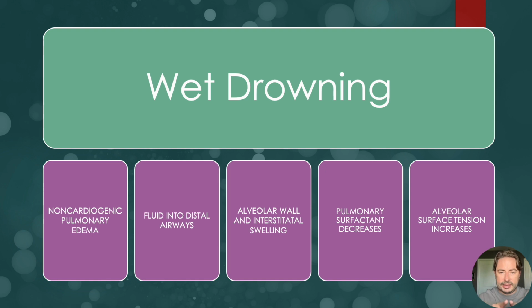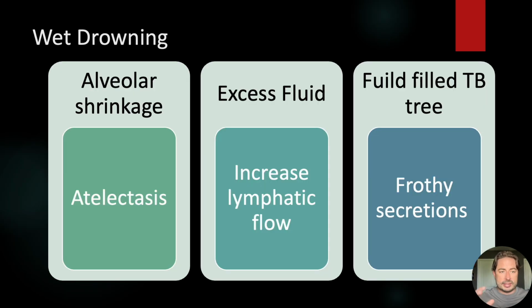The pulmonary surfactant gets washed out, which will increase surface tension. When we have increased surface tension, alveoli want to collapse on themselves, or alveoli start to shrink. So you get alveolar shrinkage. When you have alveoli that collapse, what's our big medical term for that? Atelectasis. So now you have this area, or your entire lung fields that are filled with additional fluid. The pulmonary surfactant gets washed out and it increases atelectasis.